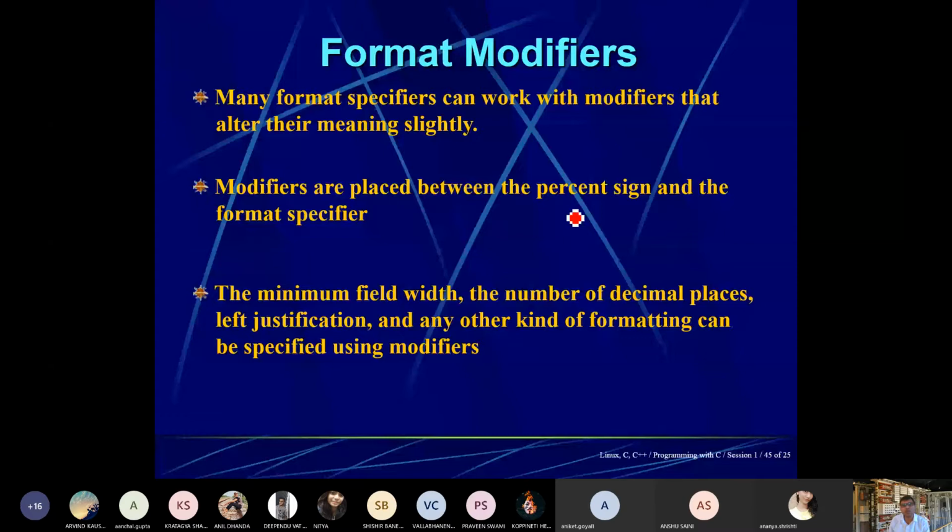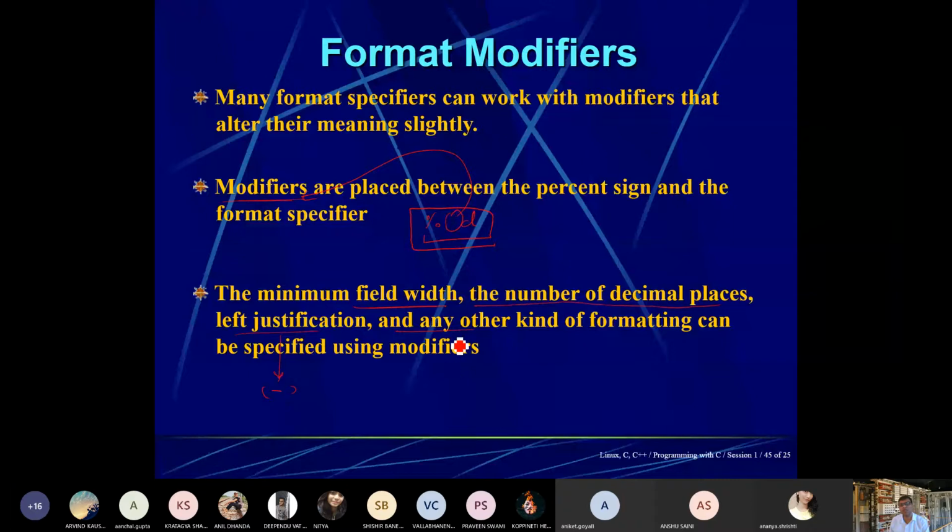What kind of %d am I using? %-2d, %-3d, like this. Here I am putting the modifiers. Modifiers can specify the minimum field width, the number of decimal places, left justification, and any other kind of formatting. If you are using left justification, it is always with a minus.